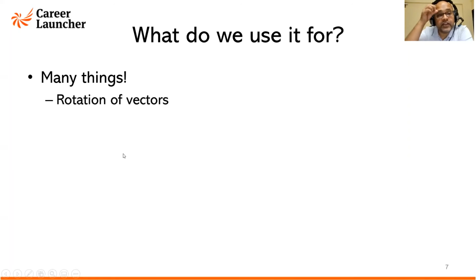Let's try to understand the basic uses of matrices. One of the ways in which matrices are used is rotation of vectors. Now, vectors is a complicated area, I'm not getting into it right now. For those of you who understand vectors, there is something called vector rotation, so matrices are useful in rotating vectors. If you don't have any understanding of vectors, don't worry. We don't need to use that in our matrices today.